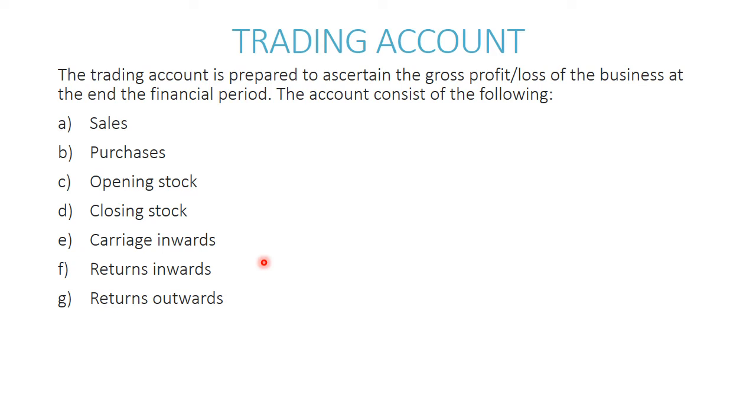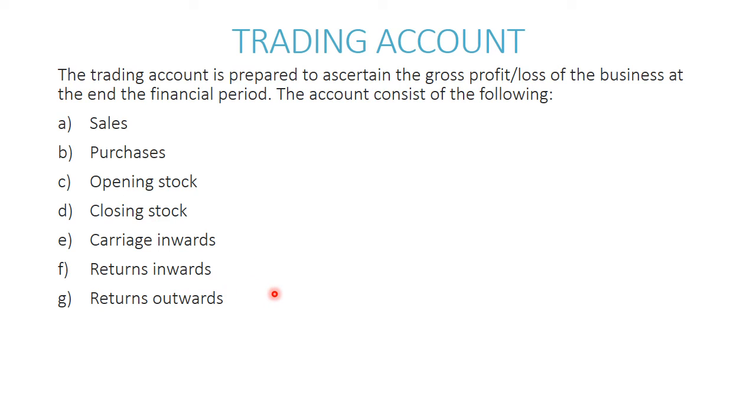Some of the reasons that could necessitate the return of goods: maybe you were oversupplied. If you are oversupplied, it is good business practice that you return the difference. Apart from that, you can return goods if the goods that were supplied are defective, not in good condition. If the goods that have been supplied are expired, you can return those goods, or maybe they are damaged in transit, assuming the supplier is delivering those goods to your business premises.